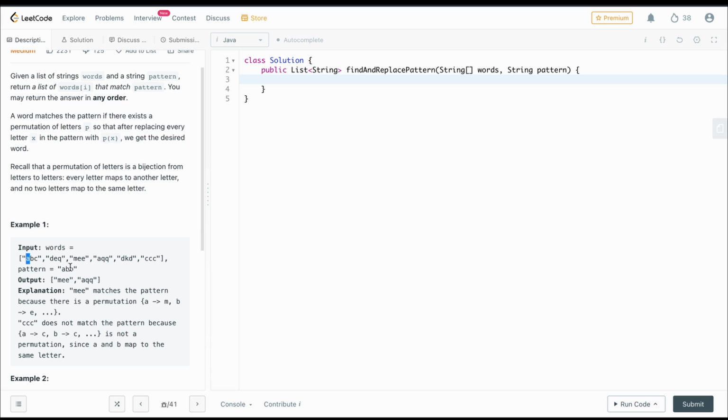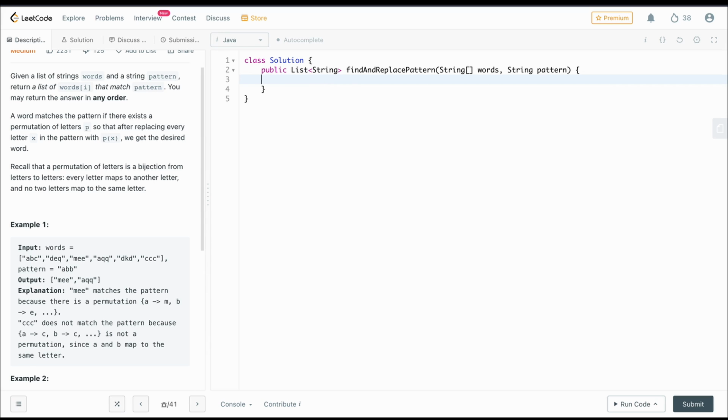If at any point we find a repeated character that does not match its assigned character, we return that this string is not part of our answer. But if each character matches its assigned character, then we add that string to our answer and return the answer. We will understand this more when we write our code.